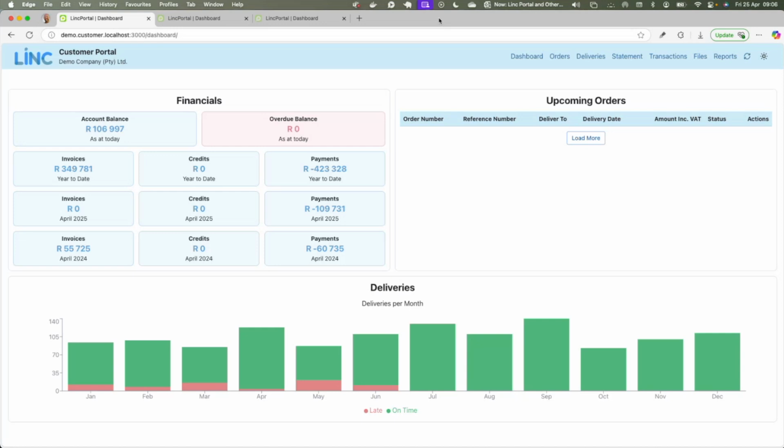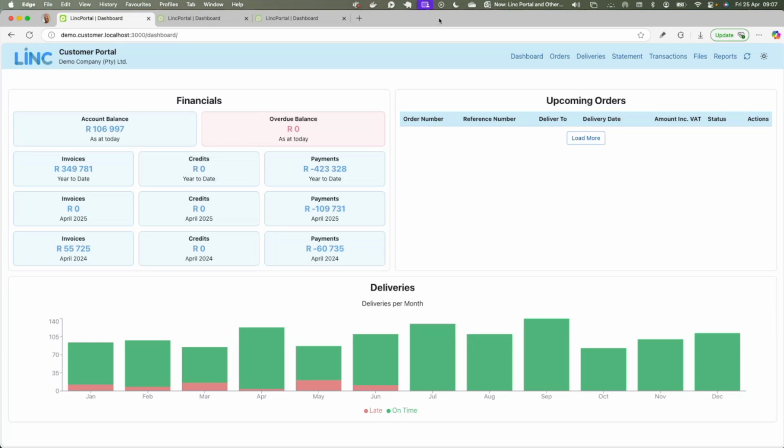So when they log into the Link portal, they use a username and password that you can control and that you give them. It doesn't use a Business Central user license or anything like that. It's just a portal user you create in your BC database, and you can send them their login details directly from within BC with a button that sends an email to them with their credentials. They log into that URL with their username and password, and what they will see, which I'll take you through now, is live data that comes from your Business Central live as they click around in the portal.